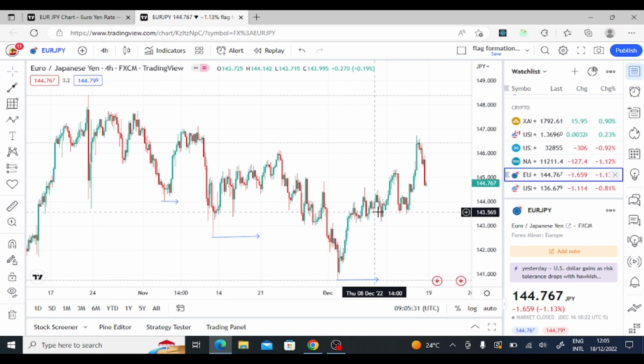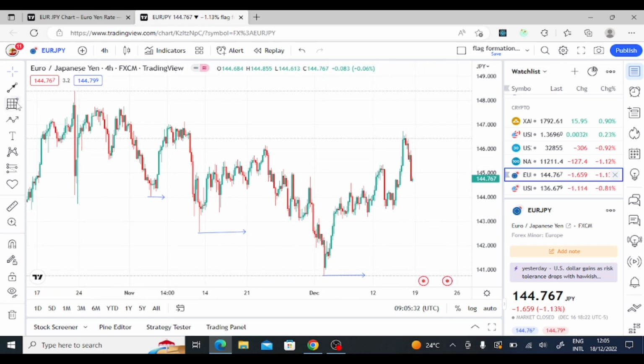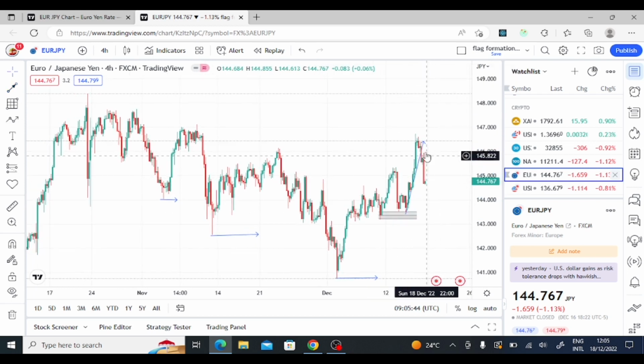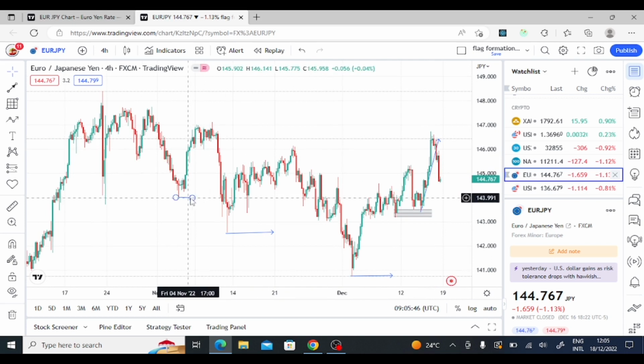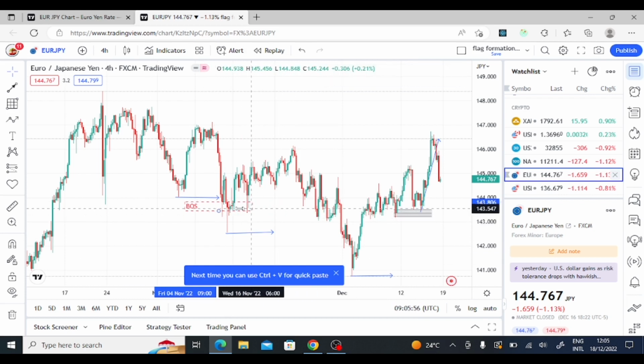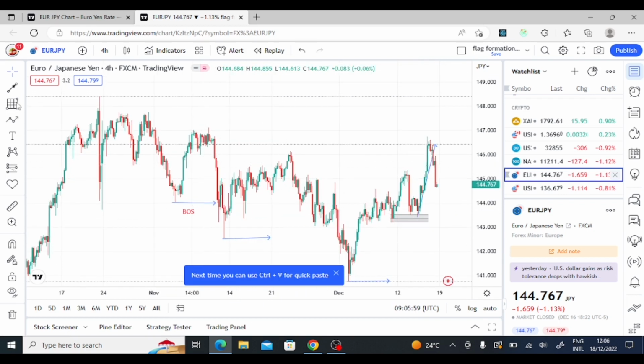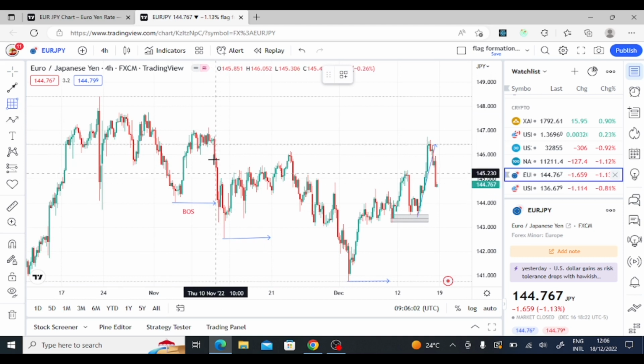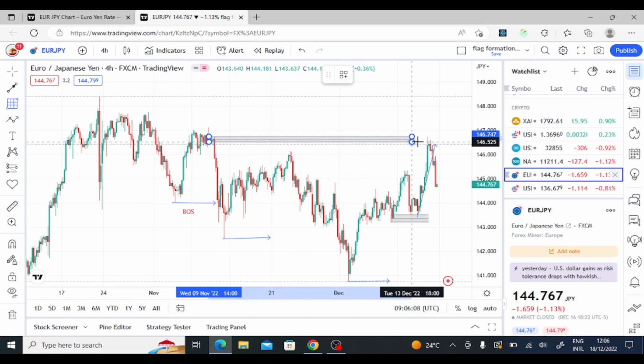So my price was here. Let me just label it. My price was here. This is where I entered my market and I traded it to the upside. Now why here? As you can see on my left, there is a break of structure here. Let me just highlight this. There's a break of structure here, and the supply that broke this structure is right about here. So you just mark that